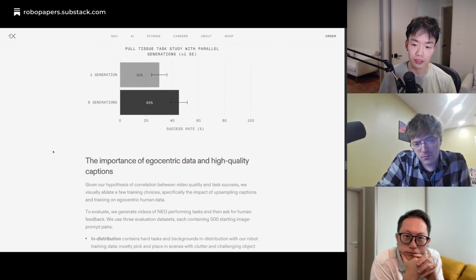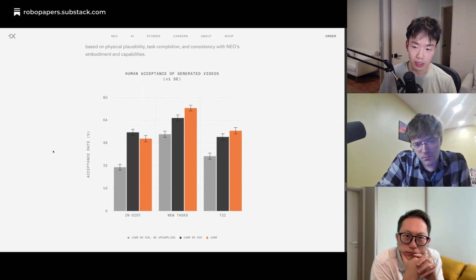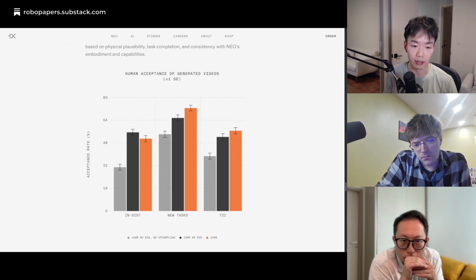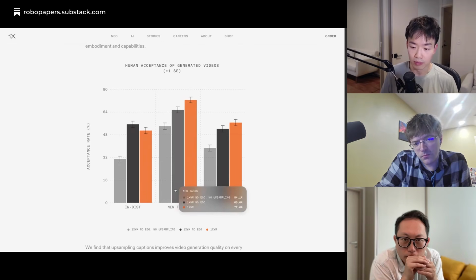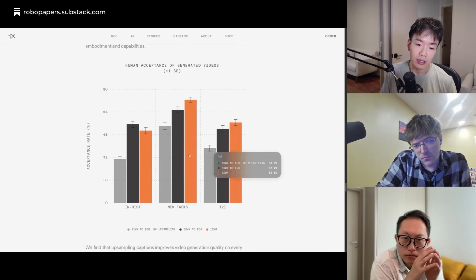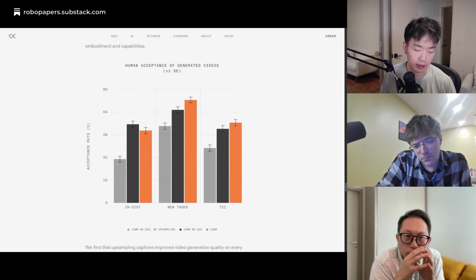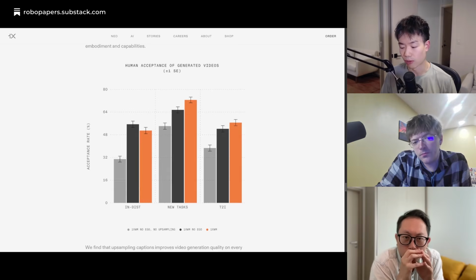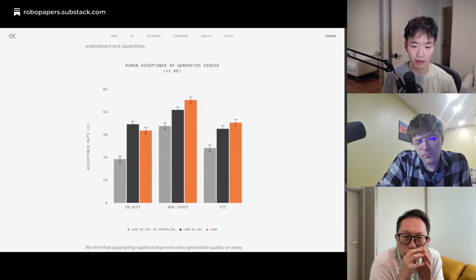And then if you look at the reason why we do this, we show, with some ablations, the ability of the model to improve from being, for example, mid-trained on egocentric data. Here we show that between doing no egocentric mid-training and doing egocentric mid-training, we're able to measure some delta in performance. First, we can measure this on video quality, measured by human labelers who label: does this video look realistic or not? Noticing problems with physical plausibility, objects disappearing, or random artifacting. If it looks bad, reject it. If it looks good, accept it.